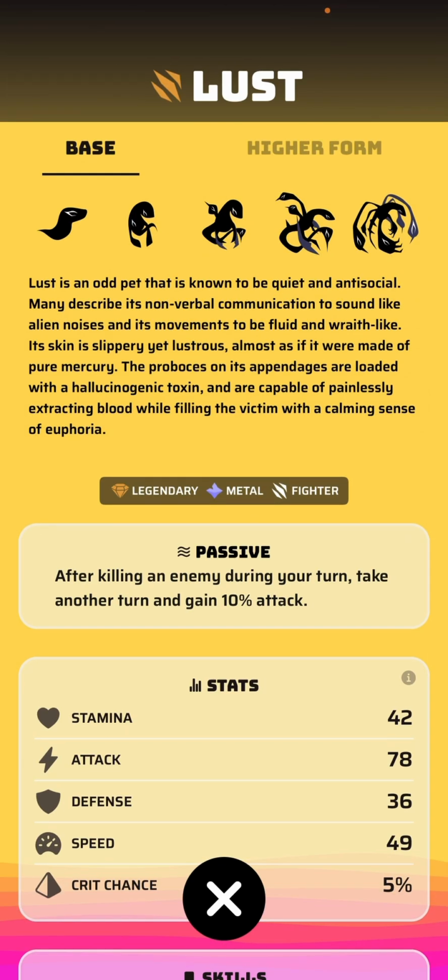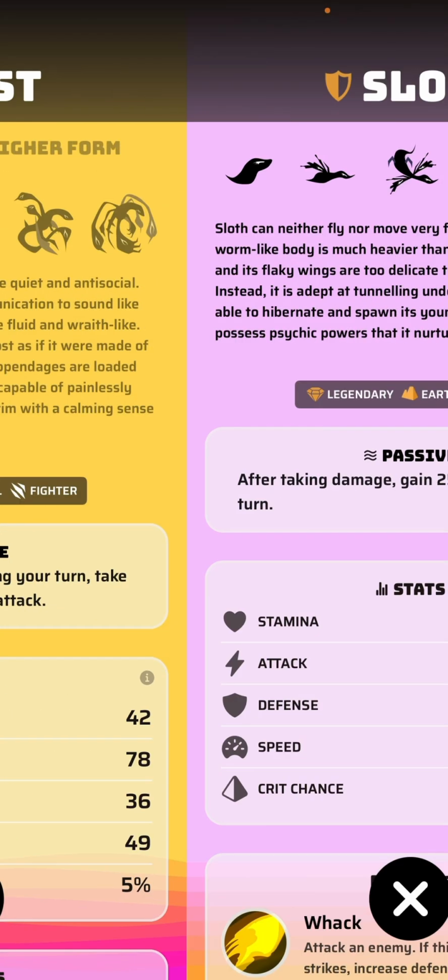Excuse me. So I'm going to give Lust an A+ tier because the defense is really lacking, and so is the stamina. But the speed and the attack, I'm going to move that down to A tier. The attack is incredible. The speed's incredible. The defense and stamina,